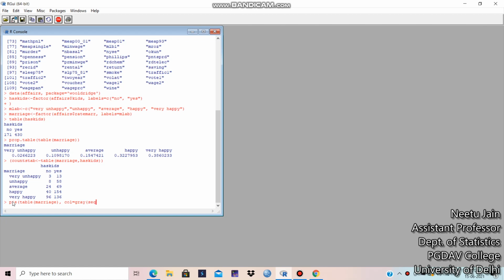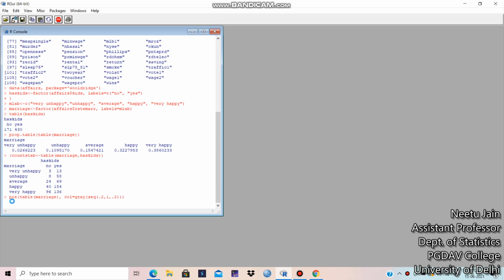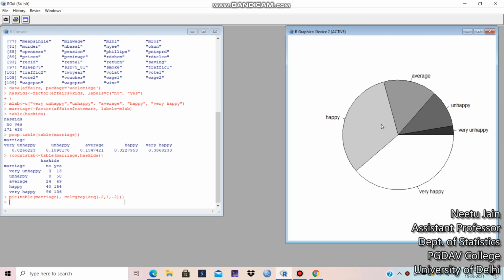I can give it in some sequence, 0.2, 1, comma, 0.2, and close the brackets. See, this is the pie chart of marriage. These many families are very unhappy, these are happy, these are average, unhappy and very happy.